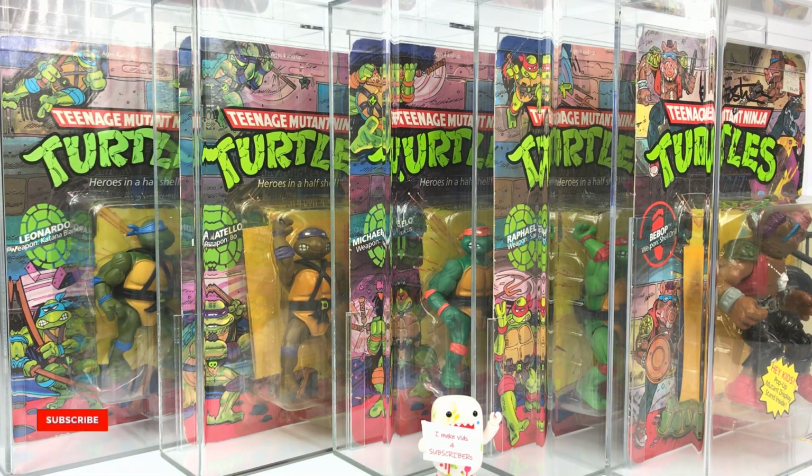So today I just wanted to do a kind of collection update on my Teenage Mutant Ninja Turtles by Playmates. The goal of this was to collect the first series of the Teenage Mutant Ninja Turtles all on their first, the 10 back card back. And I wanted to do something a little bit different, not just grab the first 10 and get them graded and so forth. I wanted to do different variants, and so